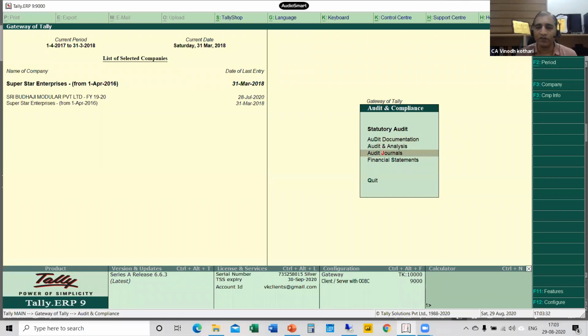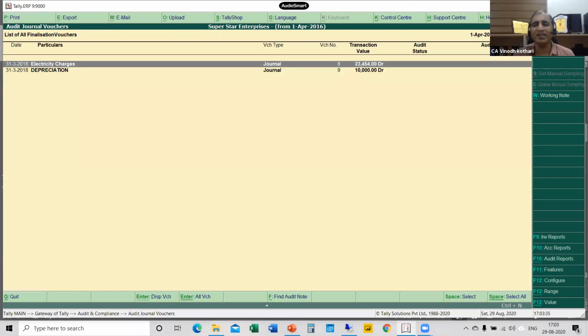And the last option in this is audit journal. Now, normally in audit journal, many of our clients don't pass the audit fees provision entry or the depreciation entry. You can pass this entry here. The advantage of passing the entry here is that whatever audit journal entries you pass will be shown separately. It will form part of your balance sheet, but for the purpose of classification and giving to your client, you can use this audit journal so that confusion can be minimized. Who has passed the entry, whether you have passed it, the staff has passed it, or the client has passed it. So this audit journal entry method can be adopted.